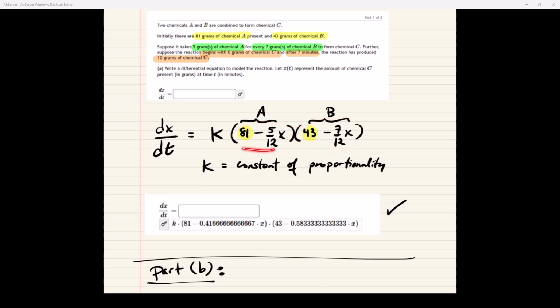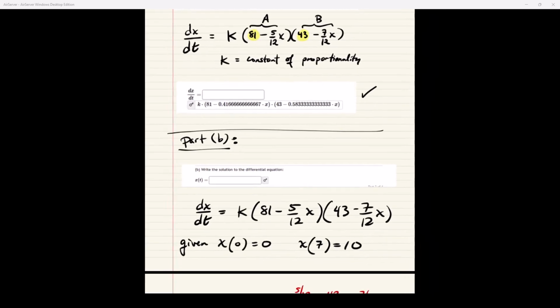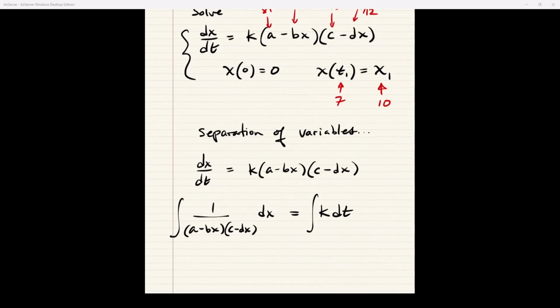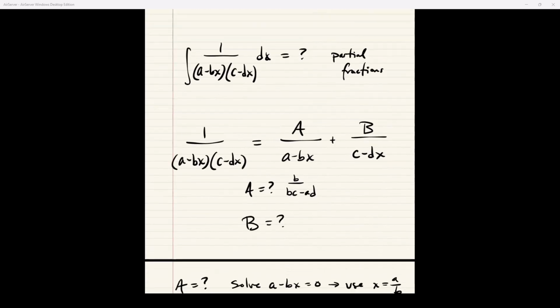So I know that the expressions that I have here and here, each of these expressions are positive, right? Because they represent the amount of remaining chemical. So that A minus Bx and C minus Dx that we have,